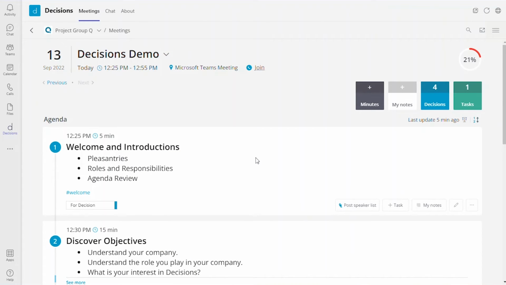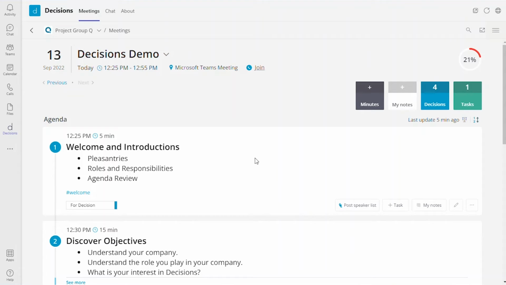And what I like to talk about on running the meeting itself, there's really 3 big things that you can do. 1, you can take notes. Those can be in the form of public or private meeting notes. 2, you can record decisions. That's typically when you have something that's been a roundtable discussion and we want to create a ledger of big decisions that were made from the meeting. And 3, the ability to track action items. So I'm going to start by showing you how you can take notes.